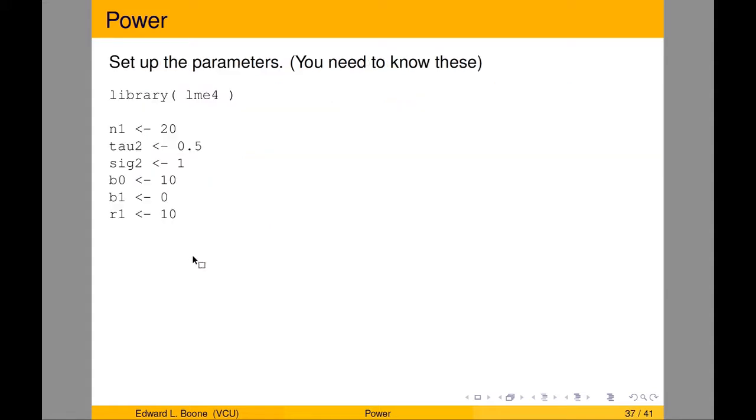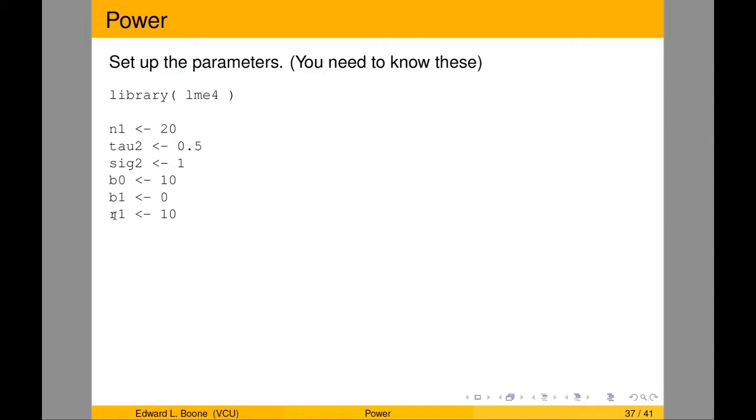Okay, so let's give this a go. First, set up the parameters. Here, the library you're going to need to do this is lme4. Okay, so if you don't have it, you want to go to CRAN and download this with the install packages command. So you're going to get lme4, download it, and then run this library statement so you can use it. My N1 is 20, my tau2 is 0.5, my sig2 is 1, my B0 is 10, my B1 is 0,